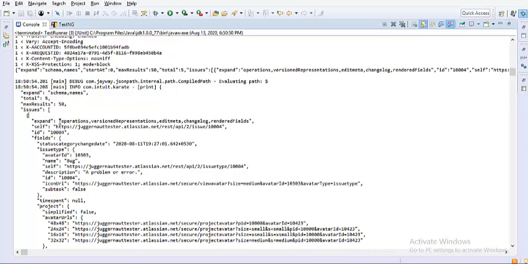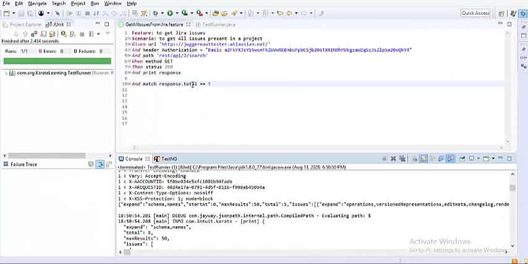Now I wanted to verify that the id 10004 is present for the issues, I mean the record 10004 is present in the issues or not. So let me put in that assertion.